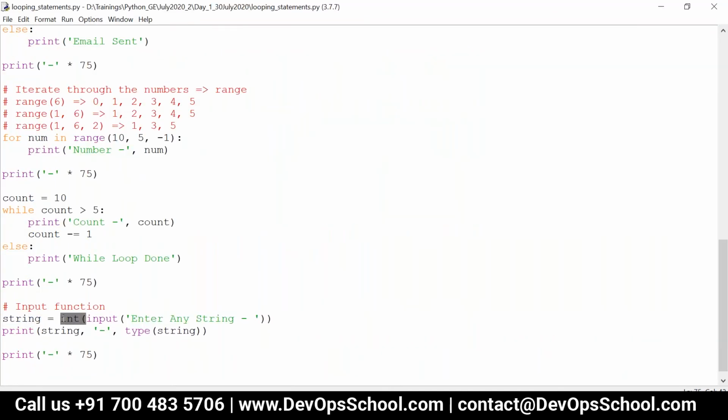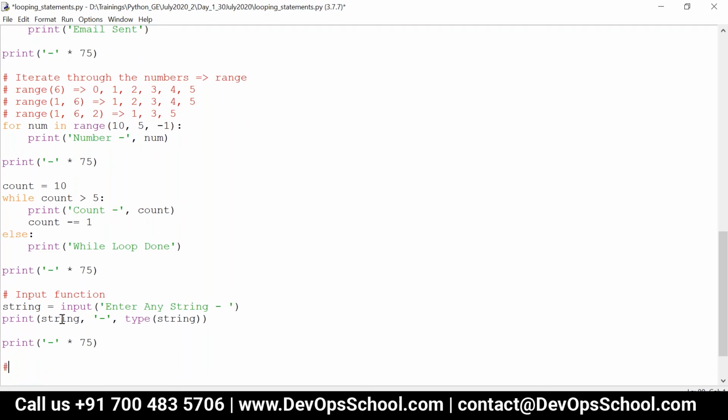Now I am not typecasting it. What I am going to do is have an unknown number of iterations. I'm going to implement the unknown number of iterations using a while loop.